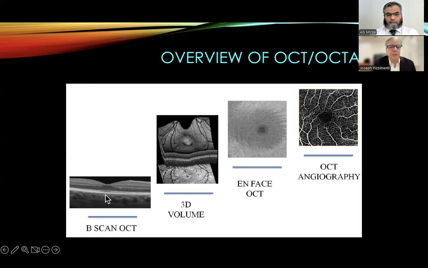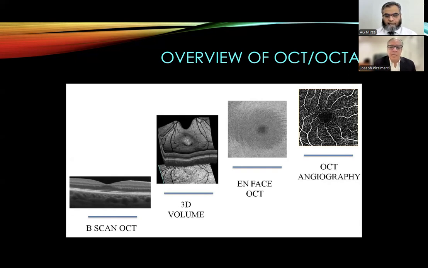An overview of OCT and OCTA: everything is based on the B scan, the two-dimensional image that you see here on the lower left. And when we add a bunch of sequential B scans together to form a 3D volumetric cube of data, as we have here on the second frame, we can do a lot with these images in terms of qualitative information and also quantitative analysis. We're able to obtain a lot of data from these 3D volumetric cubes.